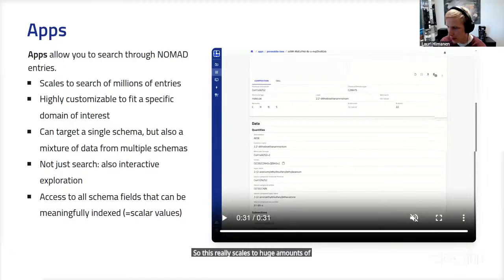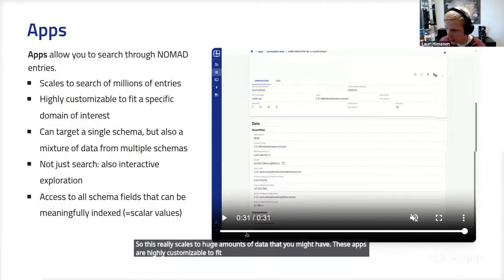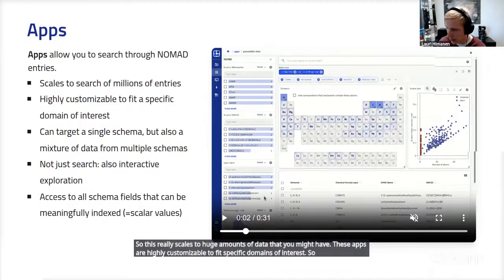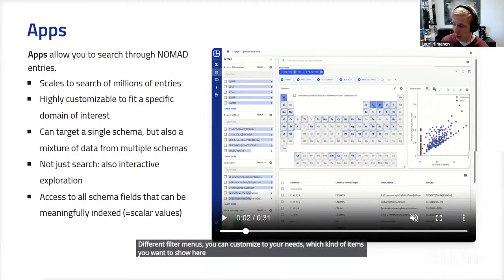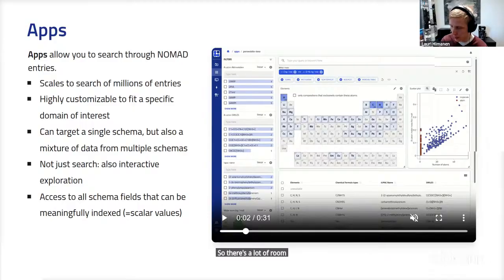These apps are highly customizable to fit specific domains of interest. I could mention here that, for example, all of these different filter menus you can customize to your needs, which kind of items you want to show here. Also, we have in the apps these dashboards where you can create interactive plots of the data, for example. So there's a lot of room for customizing these apps to your needs.